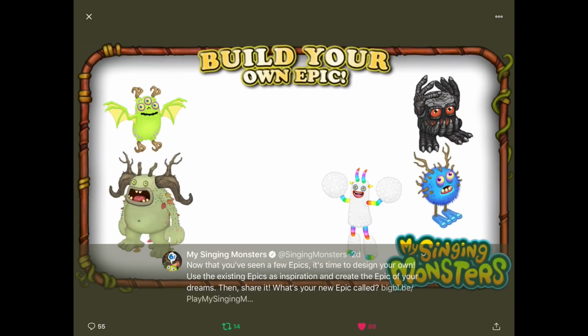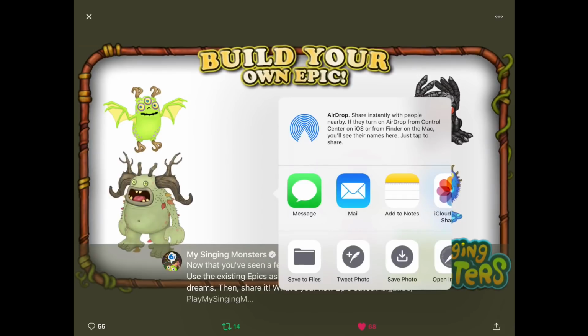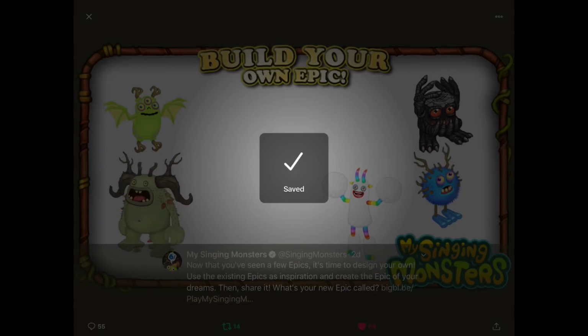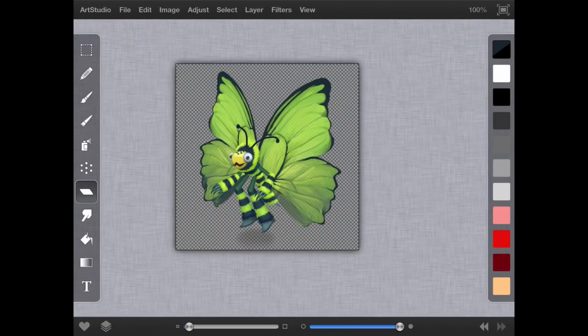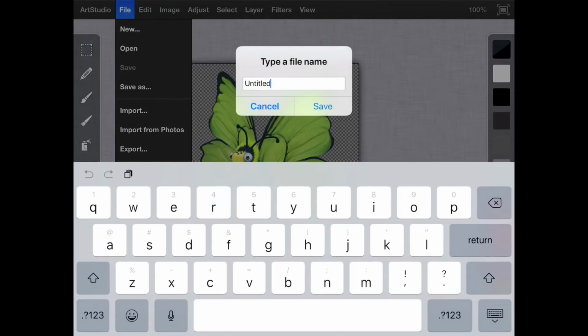Nice. Okay, so if I tap and hold, I'm just waiting for it to, there we go. Tap and hold, save image. Now I'm saving this PNG into my photos. Let's open ArtStudio. Now let's go to File, Import from Photos. Oh, before I do that, I need to save and title this. Otherwise, if I import from photos, it'll disappear. So I'm going to name my new humbug Humblefly. He's my epic